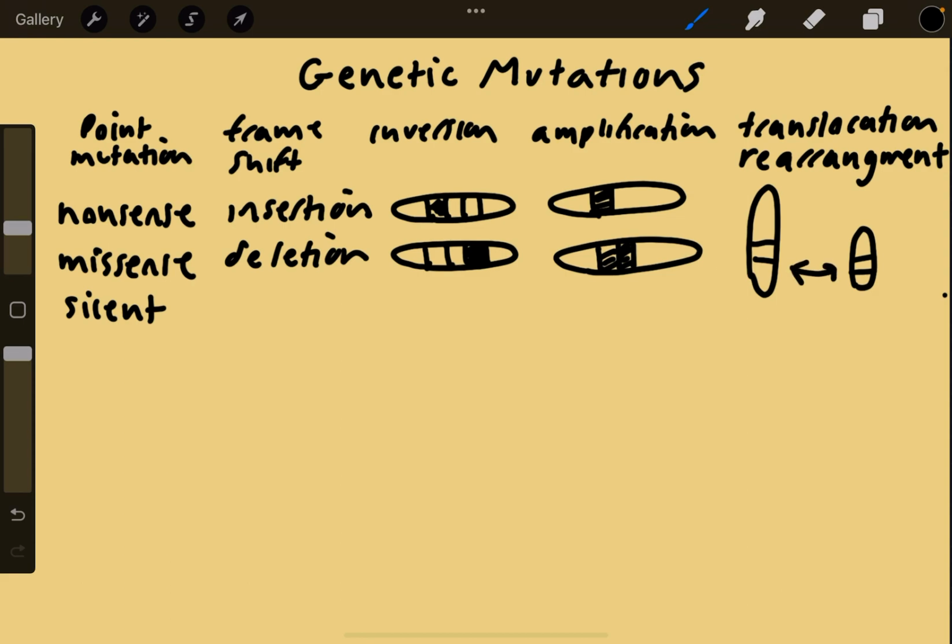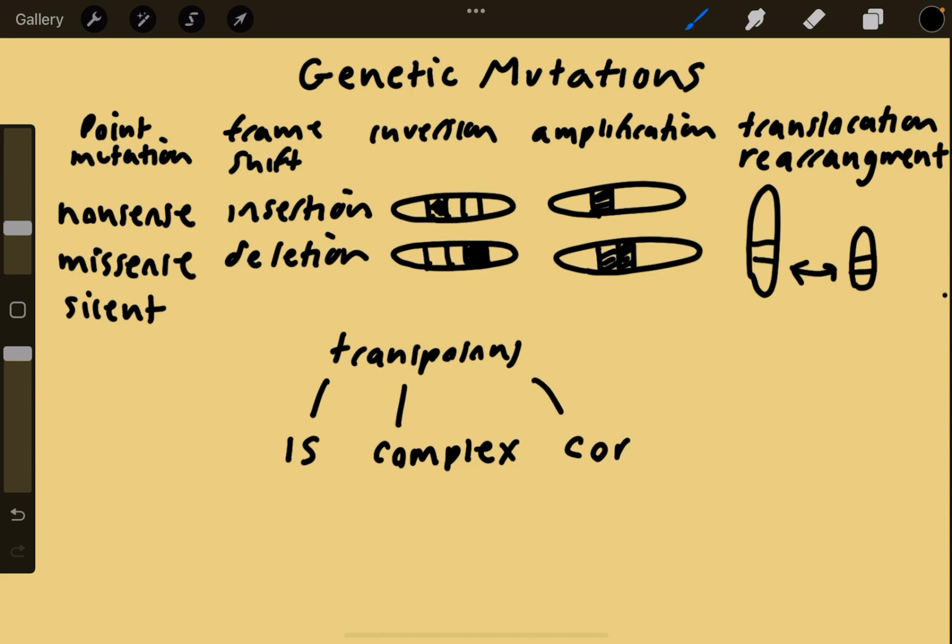And note that a lot of these can be caused by something called transposons, which are basically jumping genes, as they're known. And there are many different types. There is the IS, there is the complex one, and then there is the composite. Note that all of them are quite similar in that